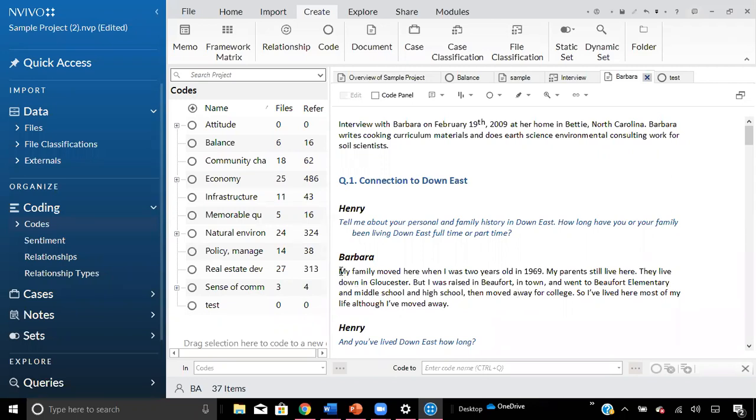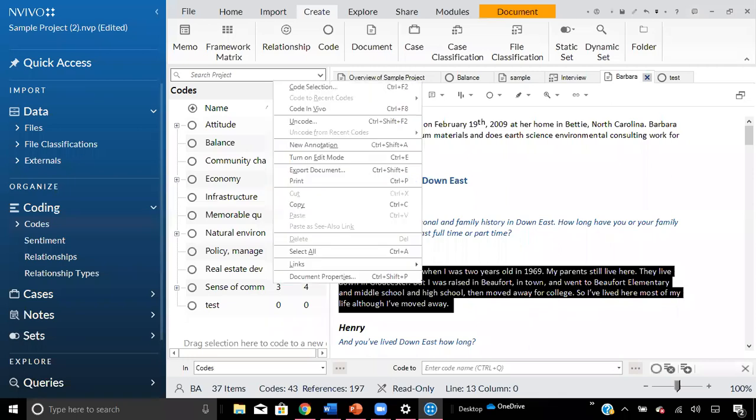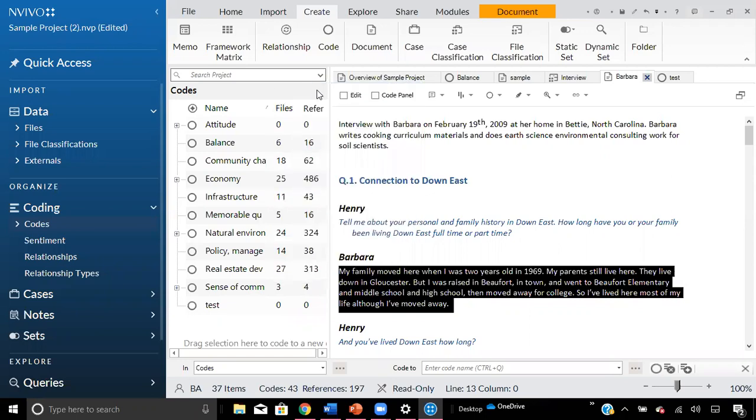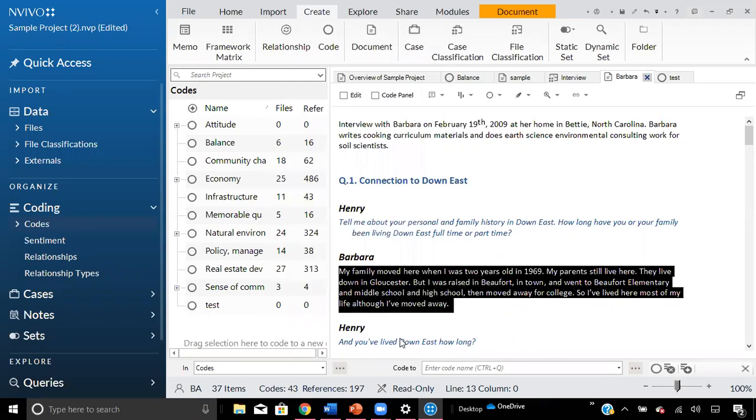So say I want to code this, I can highlight it, right click, and then hit code selection, and it'll pull up a dialog box and I can select which code to put it under. So I can put it under test and it should code it there.